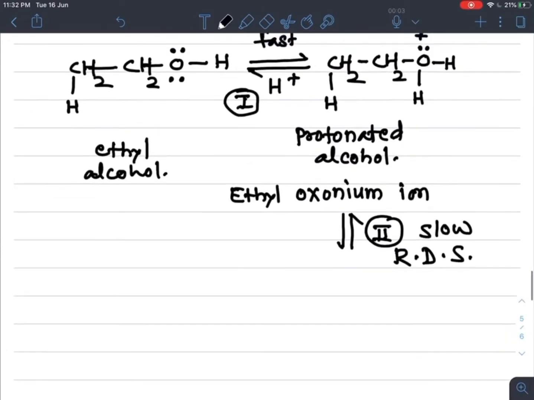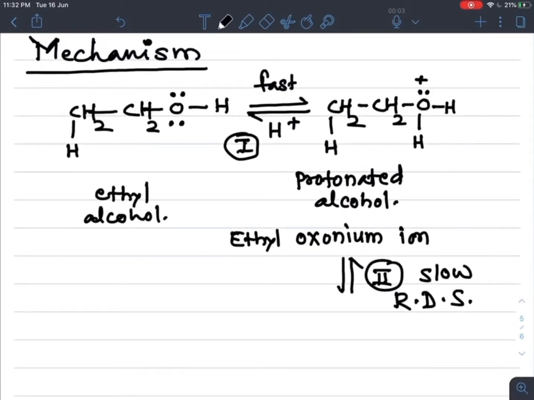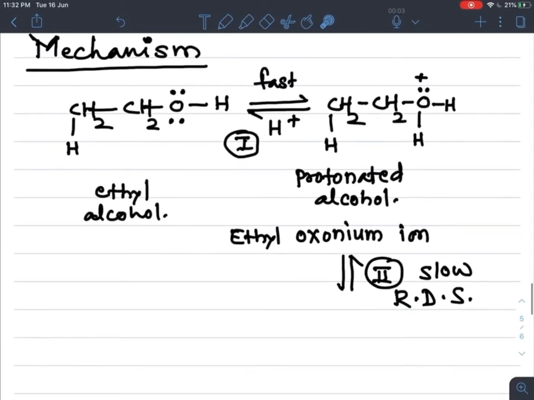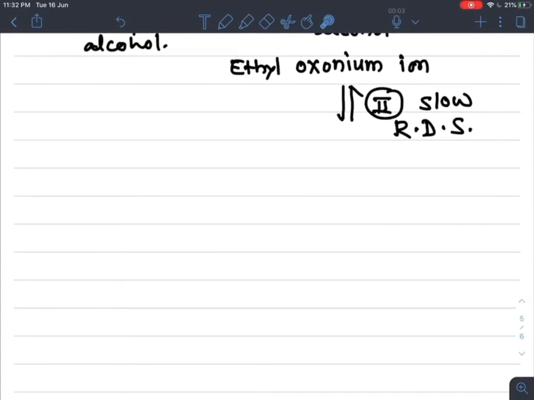Now what happened? This H2O, due to the positive charge on oxygen, becomes unstable. So to get stability, this water molecule is released by taking these 2 electrons. So the bond breaks between this carbon and oxygen, and a carbocation is formed. So the second step is the formation of carbocation. The water is replaced by these 2 electrons bonding with the carbon. So we get the carbocation, that is this